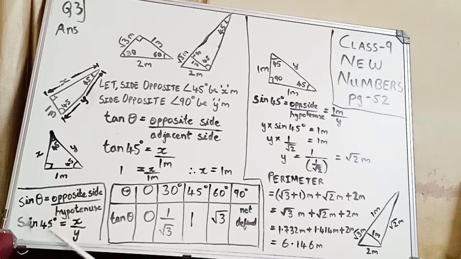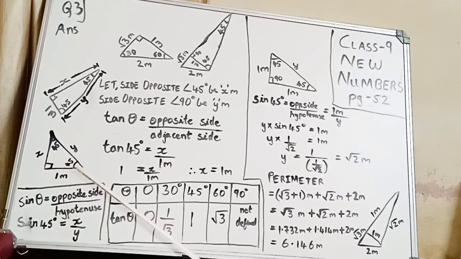So by using sin theta, we won't be getting the answer, we will just get X and Y, and with X and Y we won't be able to find out anything. So that is why we are using tan theta. Tan theta is again trigonometry itself. You will be learning in detail in 10th standard. You just have to learn this formula, opposite side by adjacent side. Now you will ask me, what is adjacent side? Opposite side we have seen in sin theta. Adjacent side is the side opposite to the hypotenuse, that is the adjacent side.